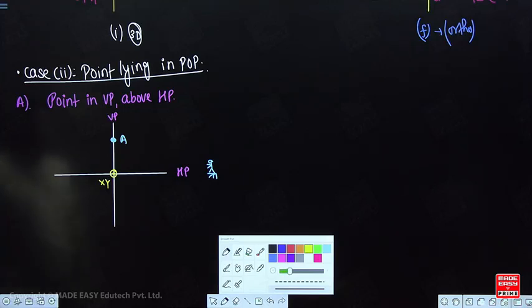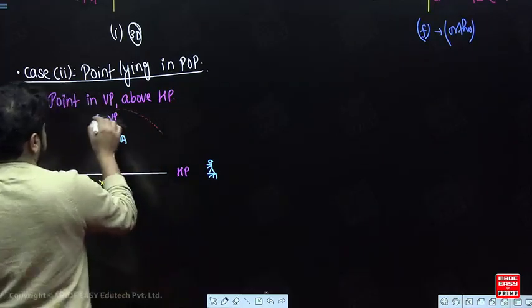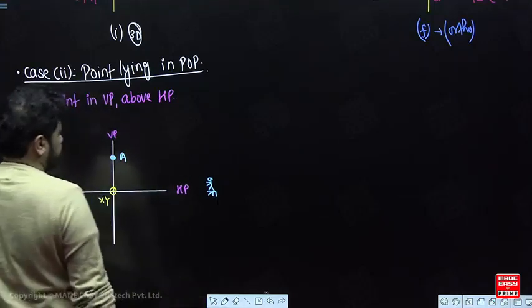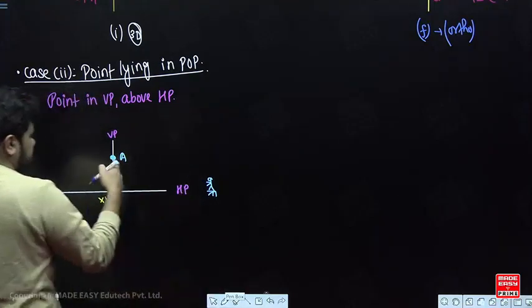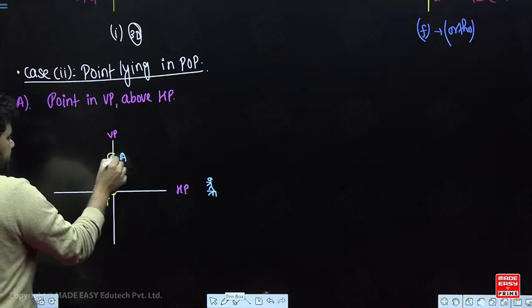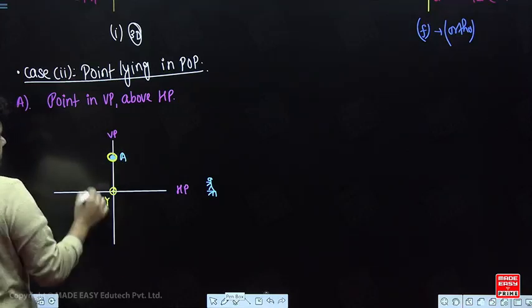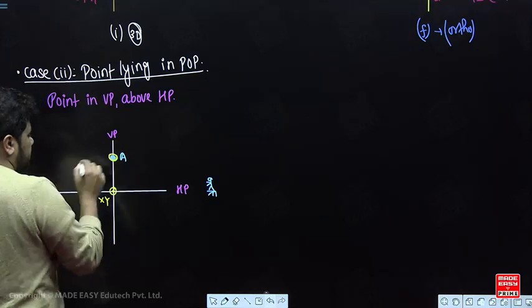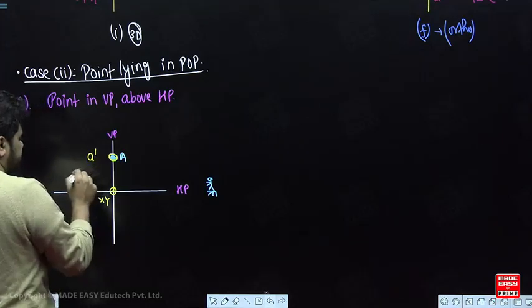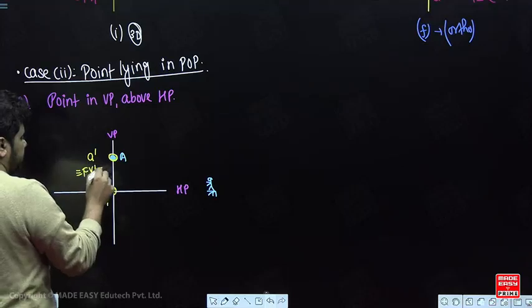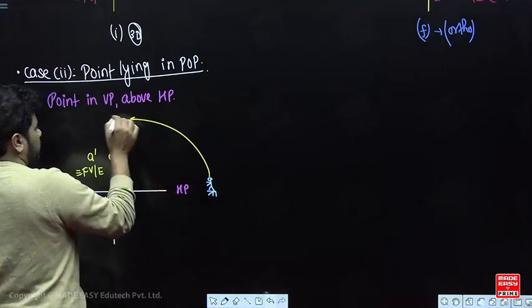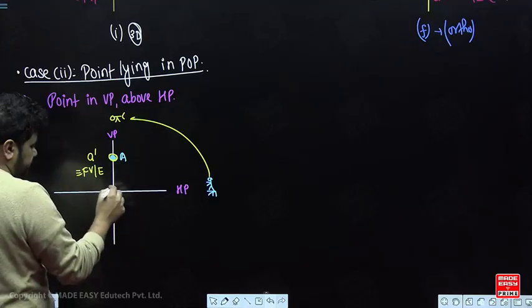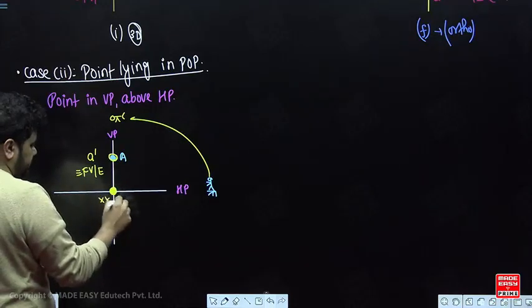This is the situation. So if this person looks from here, where he will see the projection, the front view will be exactly coinciding over here, isn't it? Correct. So this will be your A dash, front view or elevation, and when this observer goes up and sees its projection, point A will be seen here, isn't it? So this will become A,